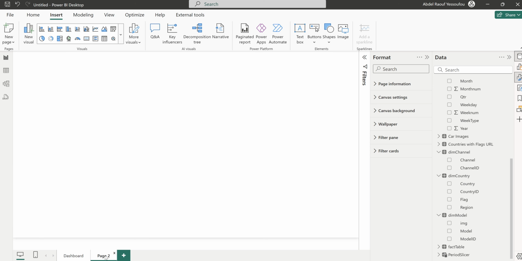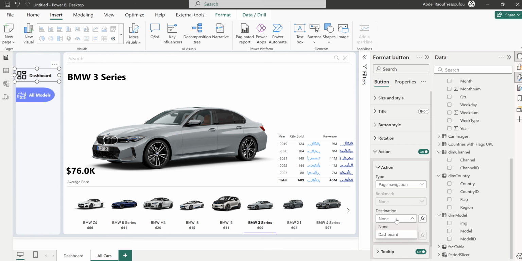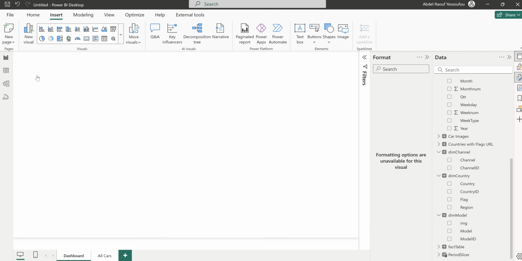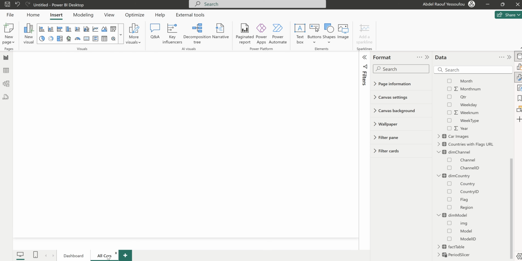And then this is going to be all cars or all models. So I can go back here now and say that take me to dashboard. So now see, when I press Control, click, it takes us to the dashboard. Okay, so the same thing can be done here. Let me just go and